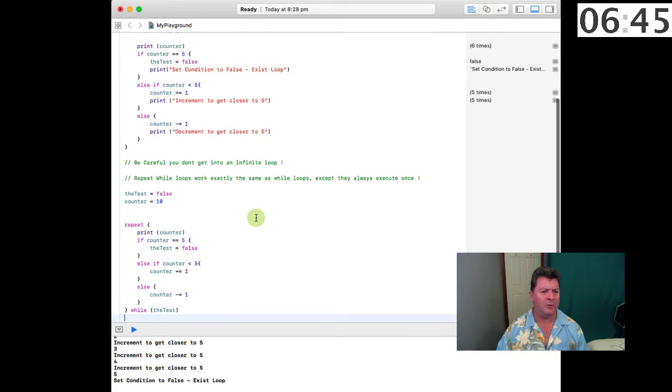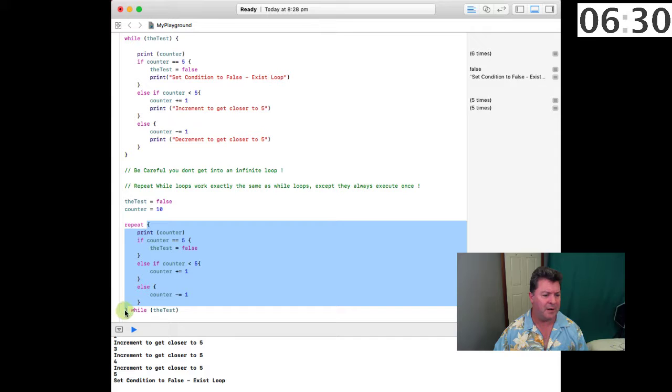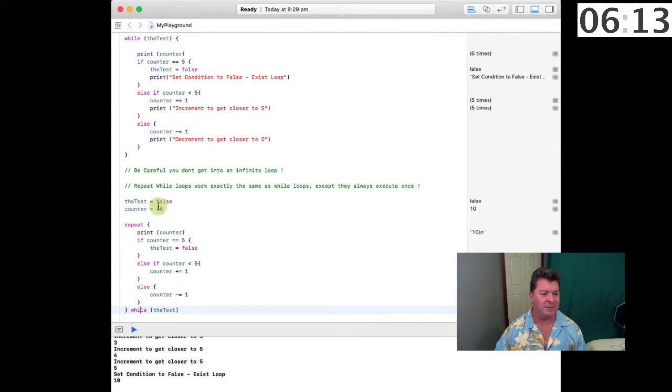So the repeat while loop works exactly the same as the while loop, except it always executes once. So the syntax is we have repeat at the top, and again we repeat everything between the first brace and this last brace, and at the bottom that's where the test condition is tested, while the test. So again, in this instance, we will repeat, we'll print the counter, which is going to say 10, and then it's going to